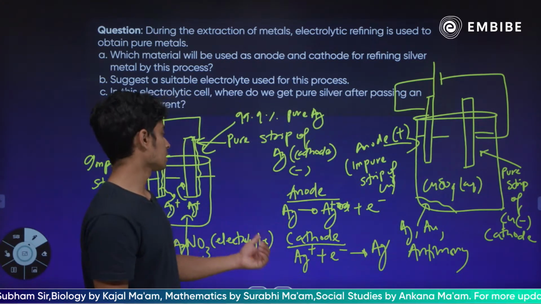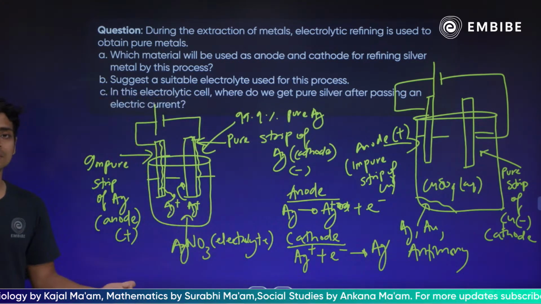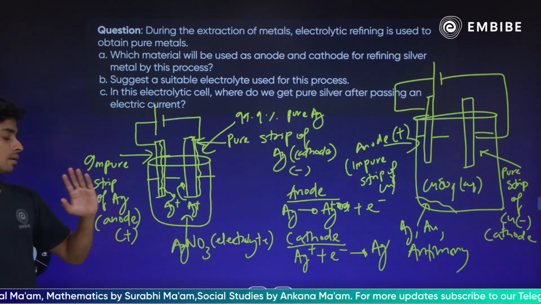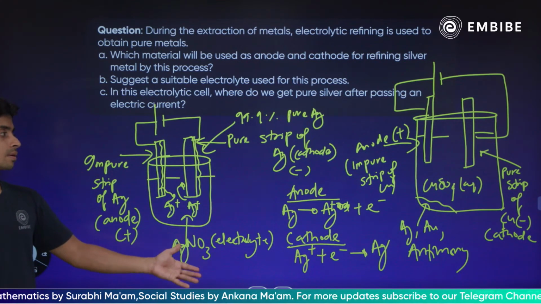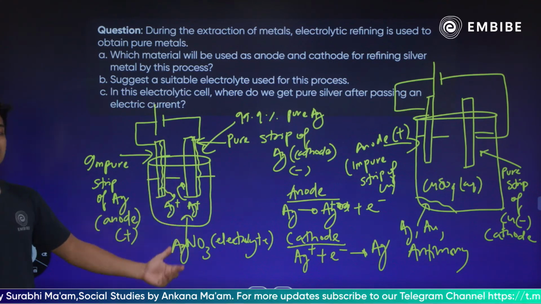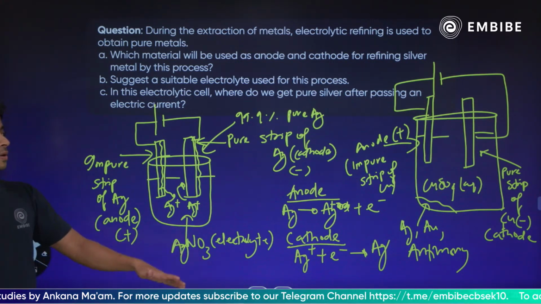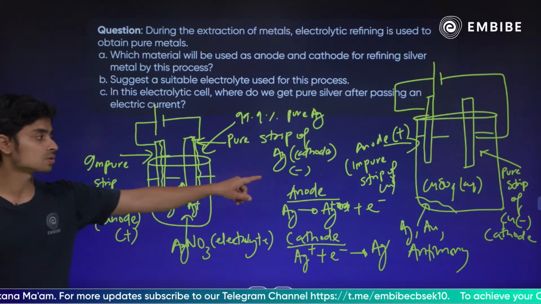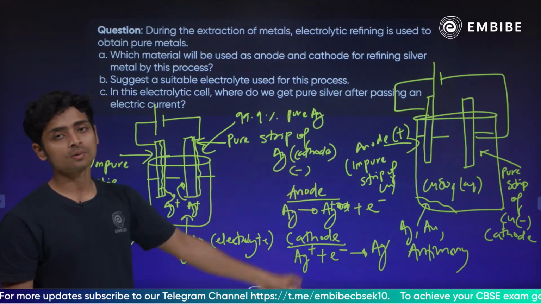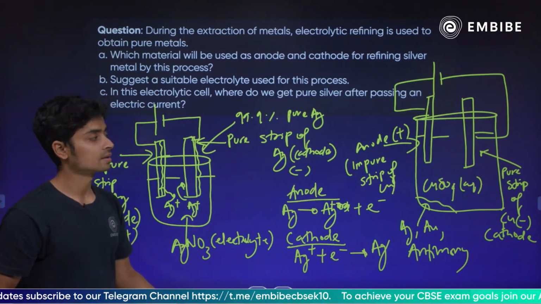So this is one minor way to get some silver. The major way is this: you use electrolysis to get your silver from the impure silver piece. Okay guys, so you can get silver two ways. This is the primary way, that is also a very mild way to get silver, because electrolytic refining is an